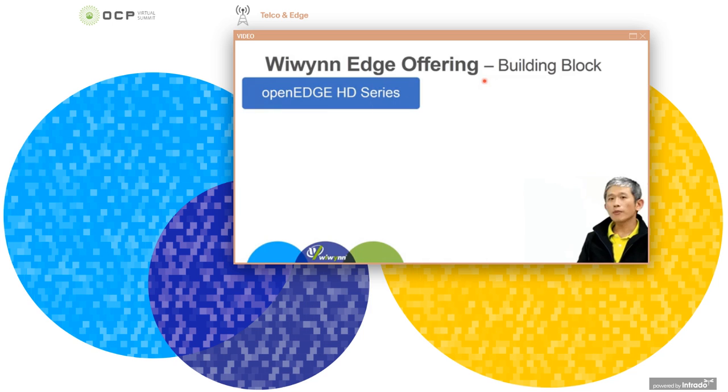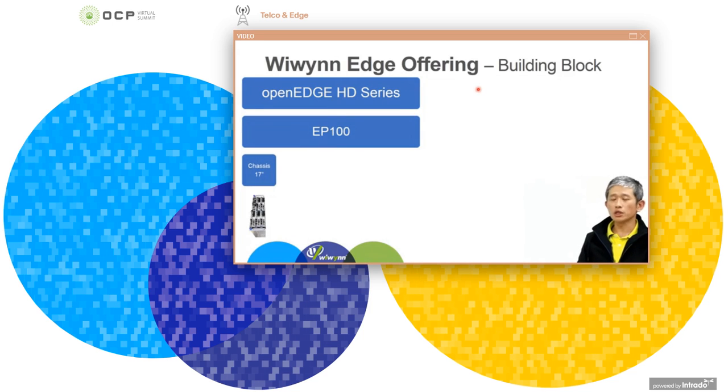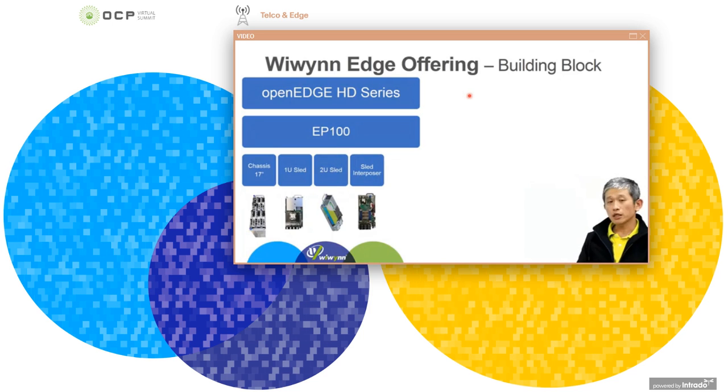As you can see from the openEDGE high definition, high density series, we start with EP100, which is designed according to the openEDGE spec, also following the EIA 19 standard with a 17 inch chassis in depth. And we are offering the 1U sled and the 2U sled, as well as the sled interposer for standard motherboard offering, like we are working with Ampere now. And last but not least, the switch sled.